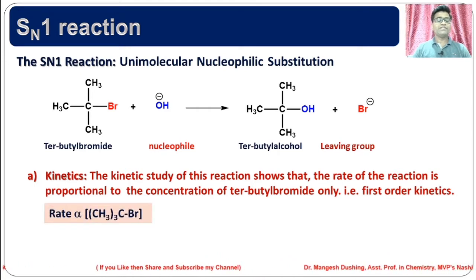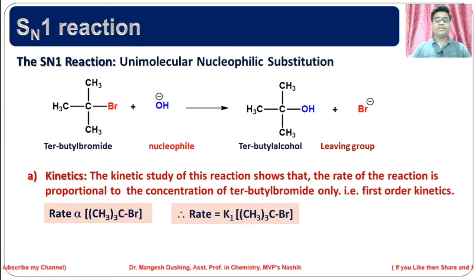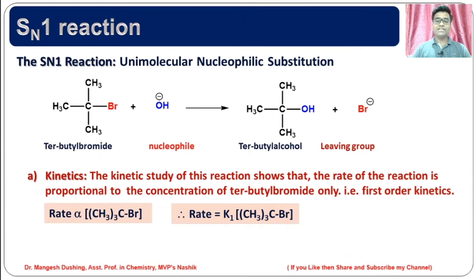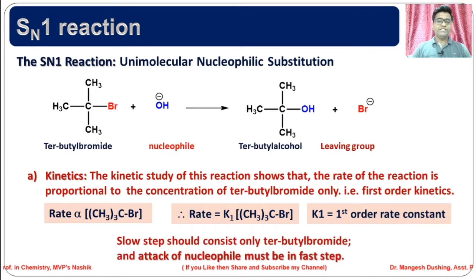In that case we can write that the rate of the reaction is directly proportional to the concentration of tertiary butyl bromide. That will be rate of the reaction equals K1 into the concentration of tertiary butyl bromide. K1 is the first order rate constant. So SN1 reaction